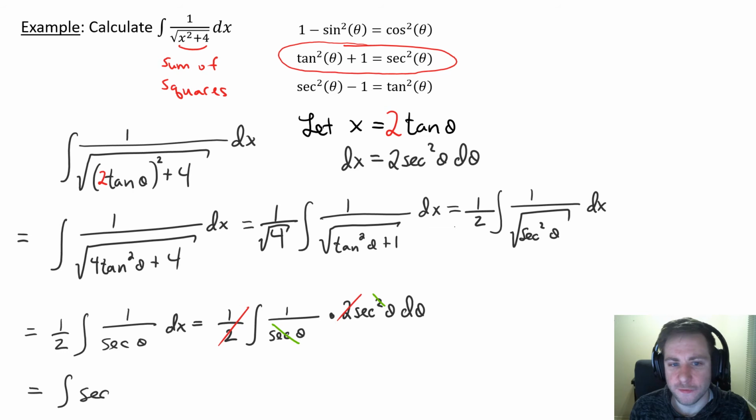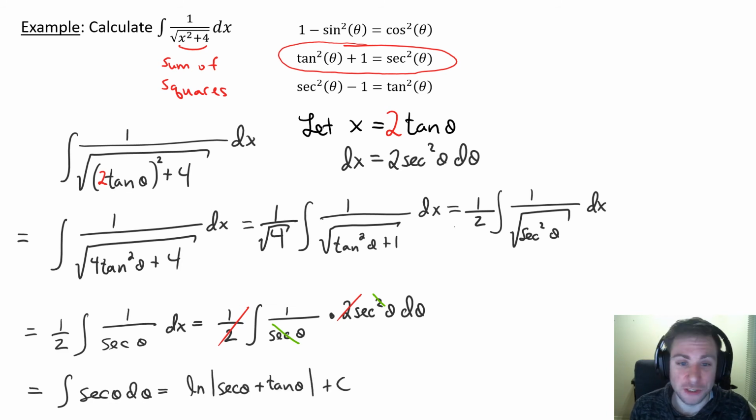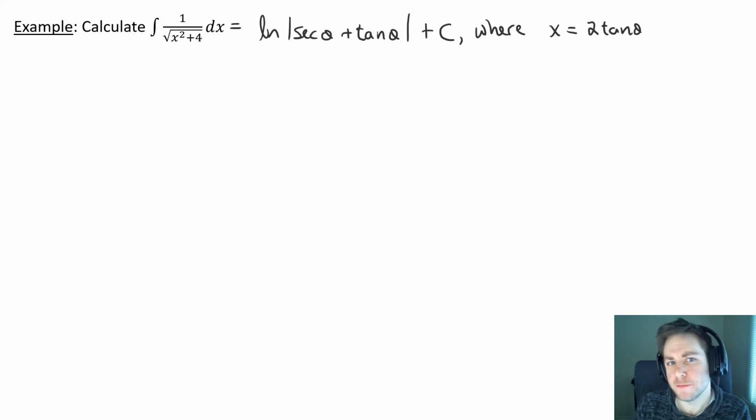And the result of that is just the integral of secant of theta d theta, which is about as good as it gets, because after all, this integral is literally on your formula sheet. So at this stage, you can just write down the answer, but we still need to express this answer in terms of x. There's actually more than one way to express this in terms of x, but I'll show you what I think is the best way to do it, and I'll request that you do it the same way